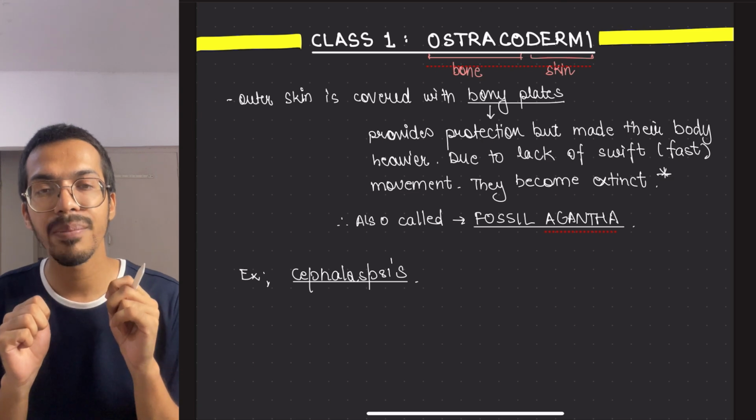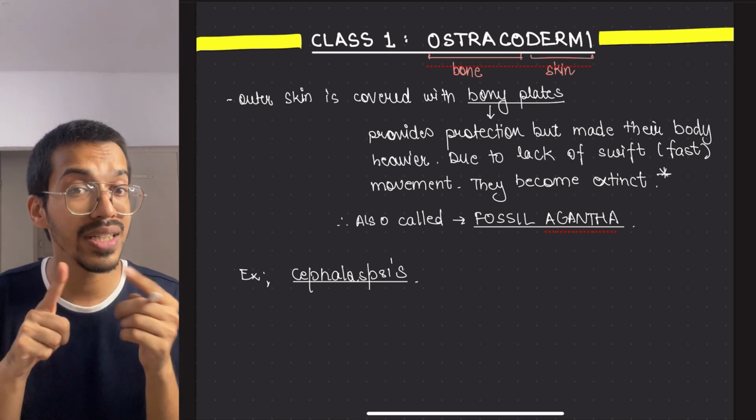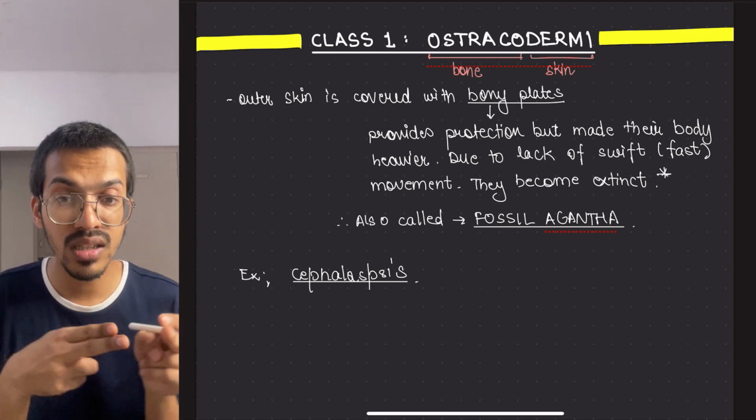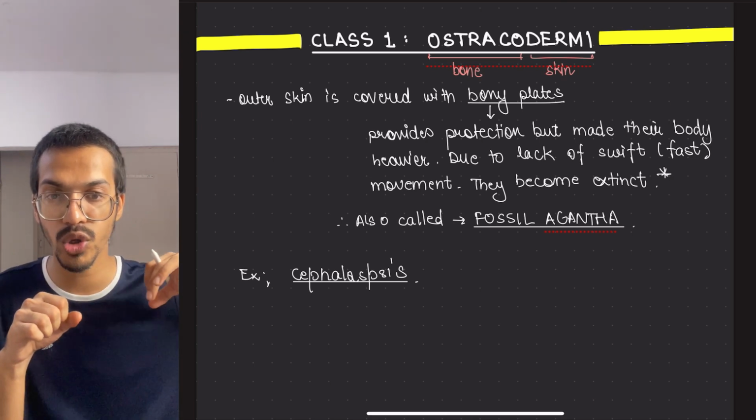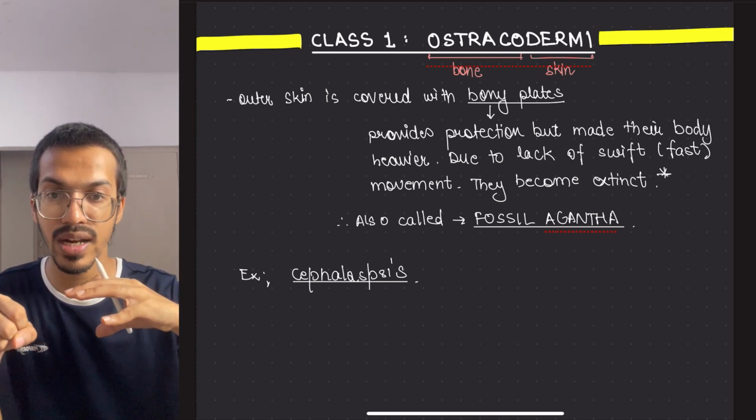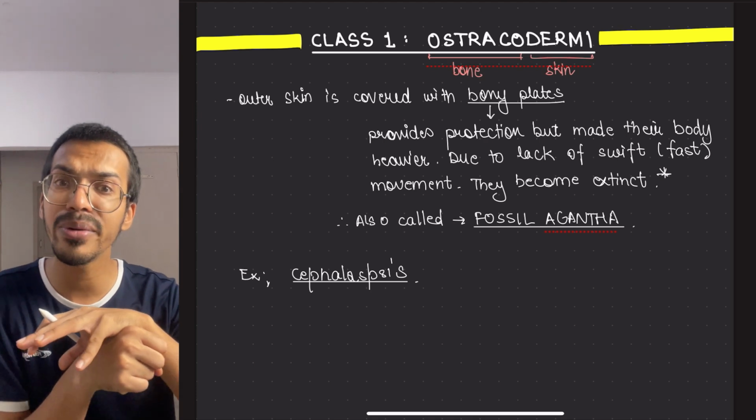So they can't move faster, which leads to what? When they need a strong movement, for example, if prey is there and they want to eat it, they have to move faster and change their direction, but they are not able to change it.